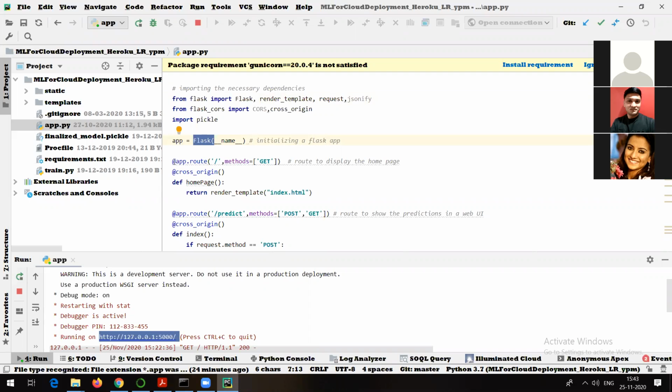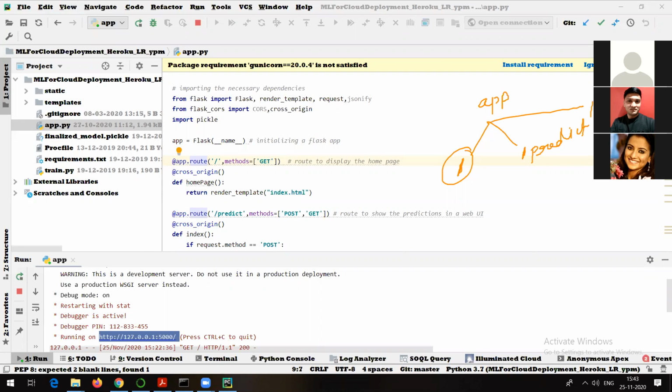After this, you are able to see something called as @app.route. Now see, what happens is our application name is app. So our application is actually divided into different routes. So one route is this slash, okay, and another route is this slash predict. This is where you are going to see your first page. And there is one more thing that is called as slash predict and slash query.